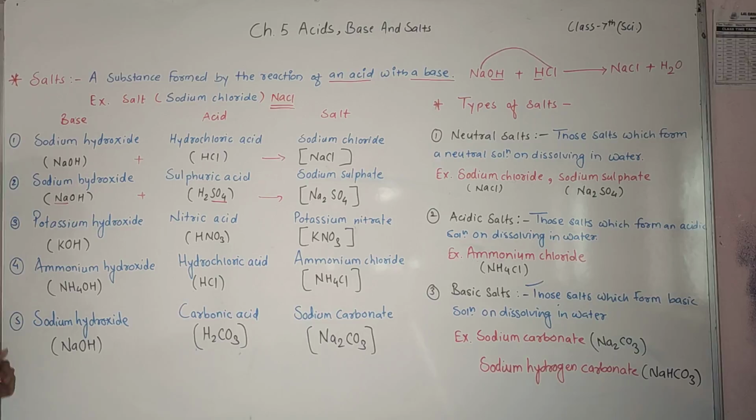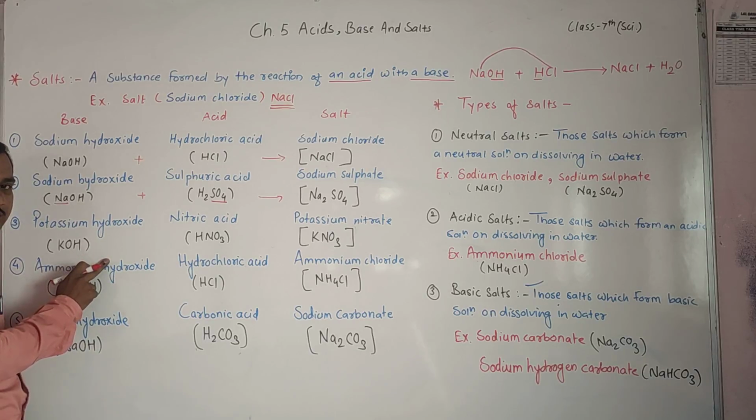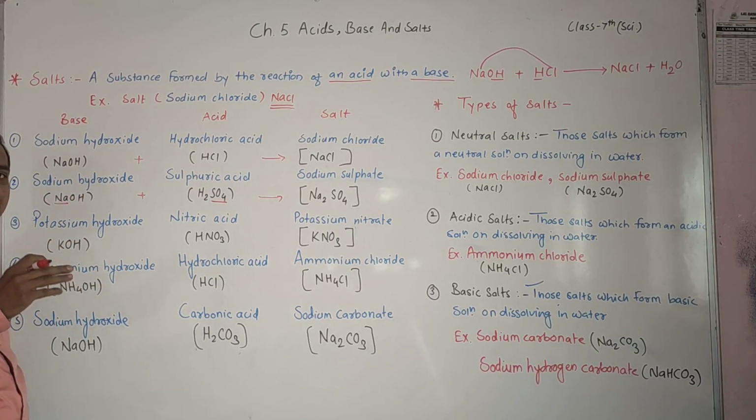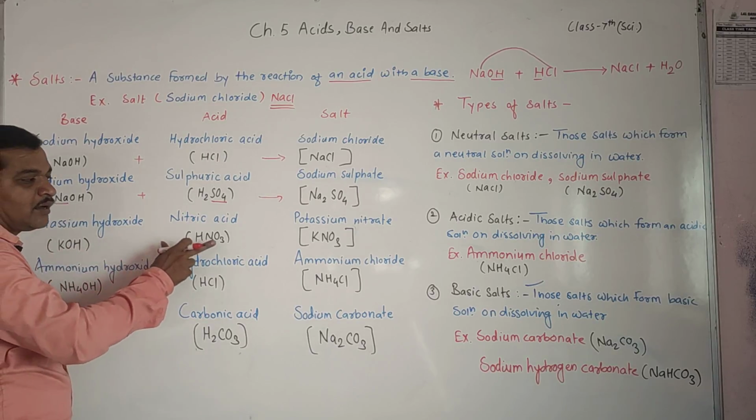Now what is the formula of potassium hydroxide? So formula of potassium hydroxide is KOH. What is the formula? KOH. So I said you, wherever hydroxide word is there, it indicates the base. वो क्या दिखाता है हमें? Base. So KOH combines with nitric